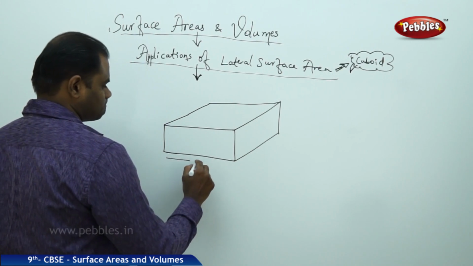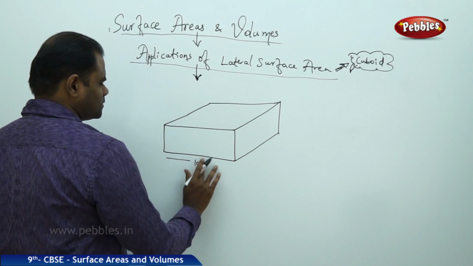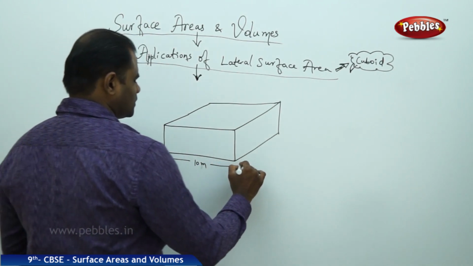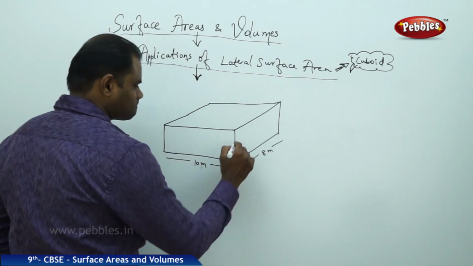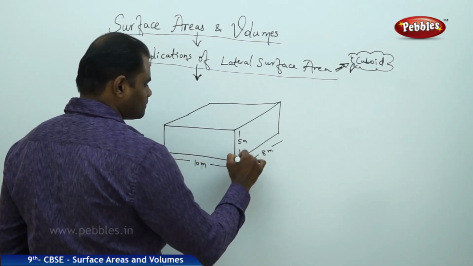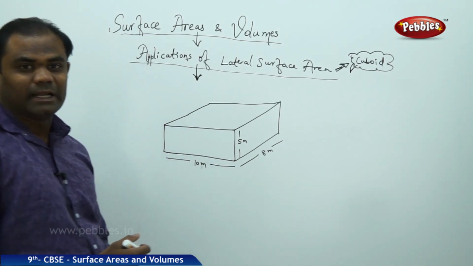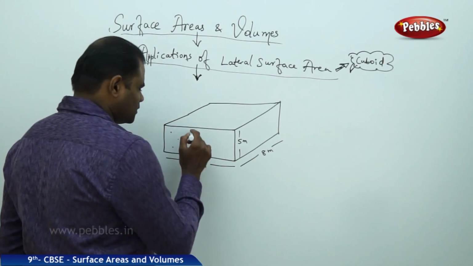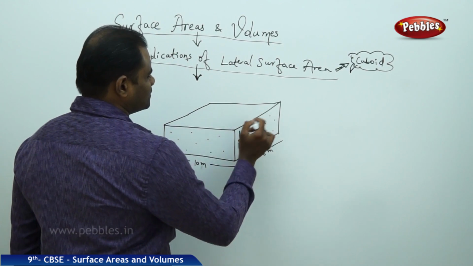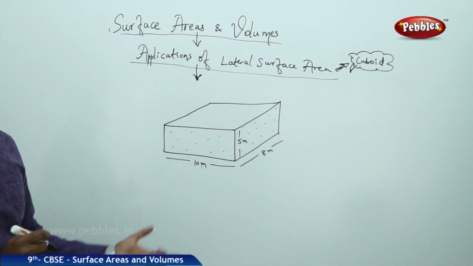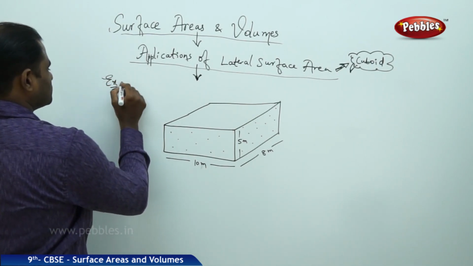And this is 10 meters, and this is 8 meters, and this is 5 meters. So let's see how the lateral surface area, that is, which covers only this region and this region, but not the top and bottom, the other two sides. So the question here is,